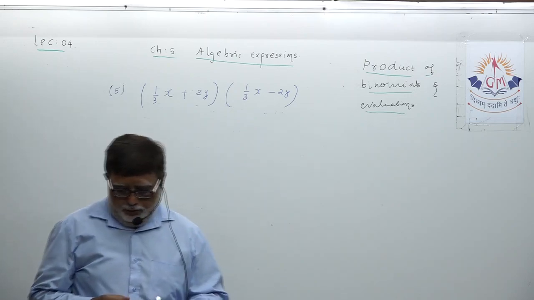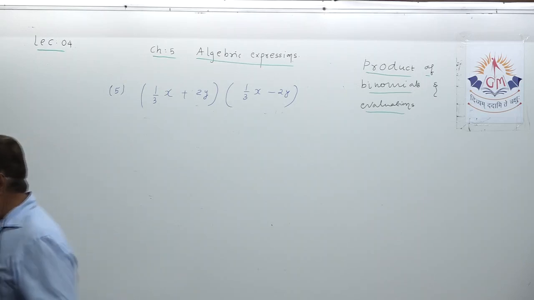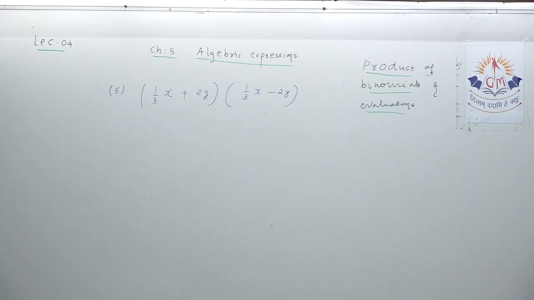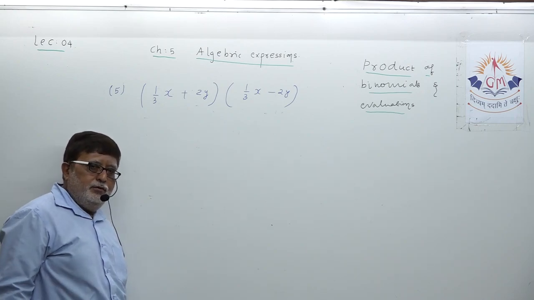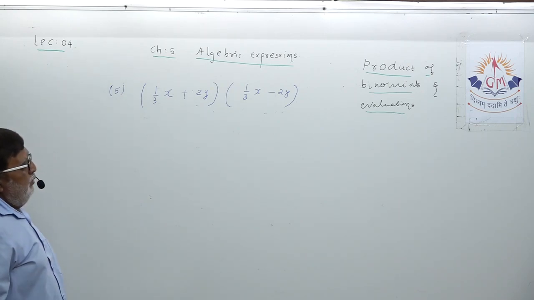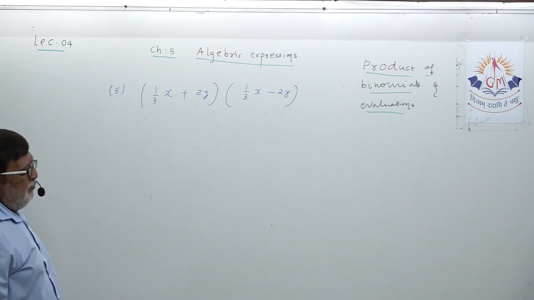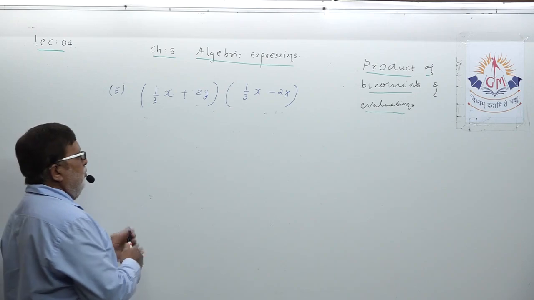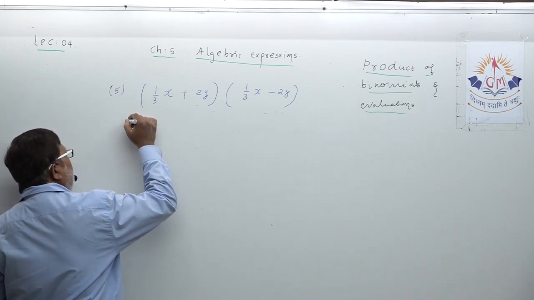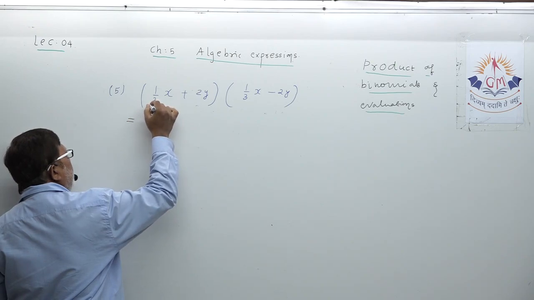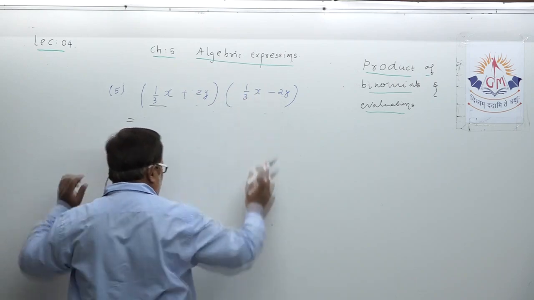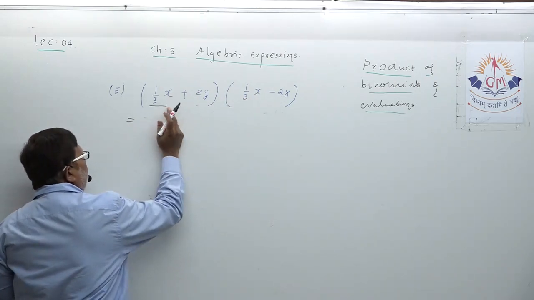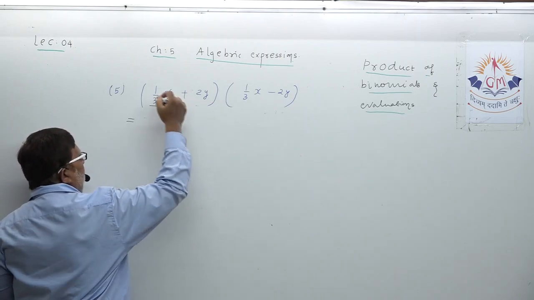Again, you are already given two binomials, okay? And these binomials need to be multiplied as per the concept which you understood. There is no change at all. We just have to stick to the basics, and we just have to try to solve this example as we are doing. First term to be multiplied with both terms of the other binomial. Let us continue. Number to number, both are fractions.